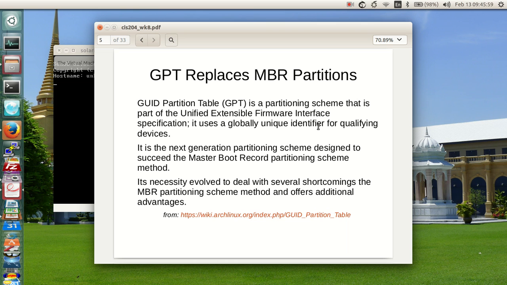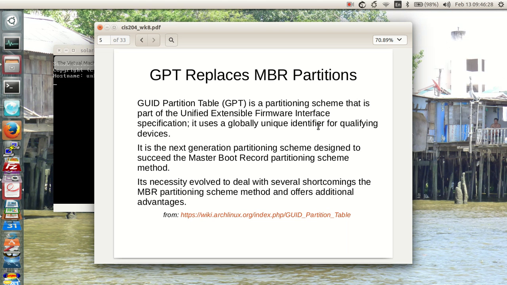So the next generation of machines and the partitioning scheme for those machines is designed to succeed this master boot record that we have been using and replace it with this new partitioning scheme method. Its necessity evolved to deal with several shortcomings of the MBR scheme, and it offers additional advantages. So there's a wiki link here for that table, the GPT, and you may want to take a look at it if you're so inclined.